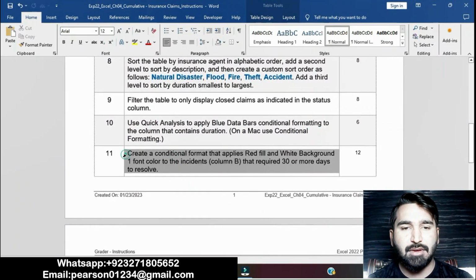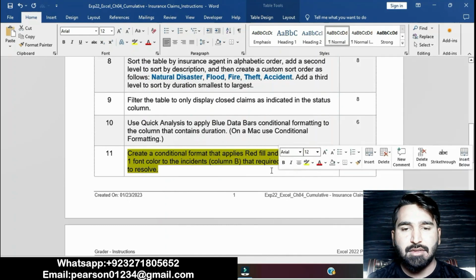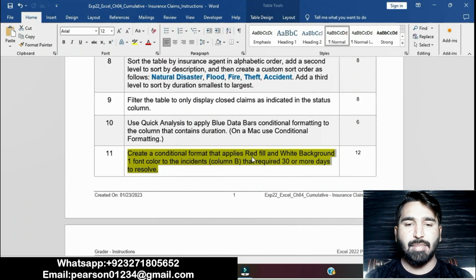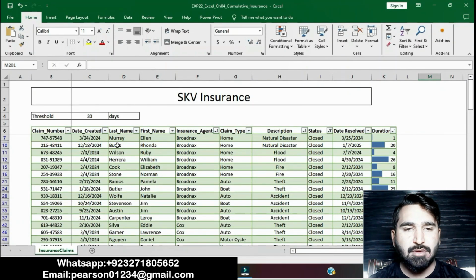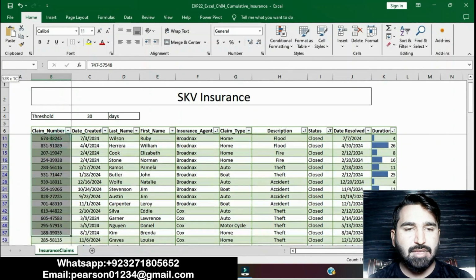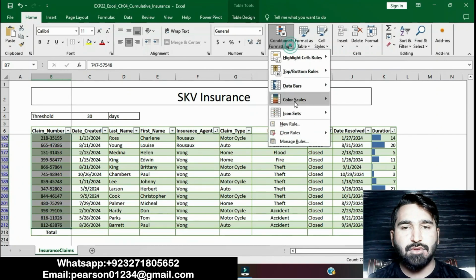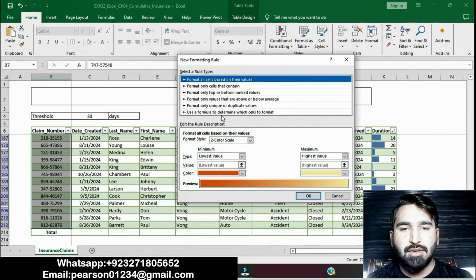Now moving on to question number 11. Question number 11 is that create a conditional formatting that applies red fill and white background one font color to the incident column B that required 30 or more days to resolve. Basically in this question we will have to create a conditional formatting. You can select this column B, claim numbers, and then go to conditional formatting, click on new rule, then select